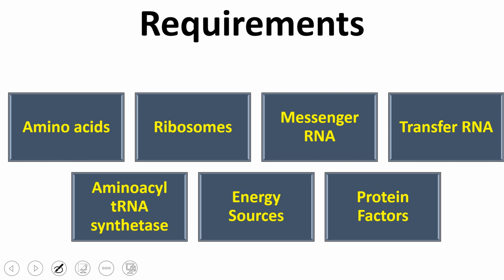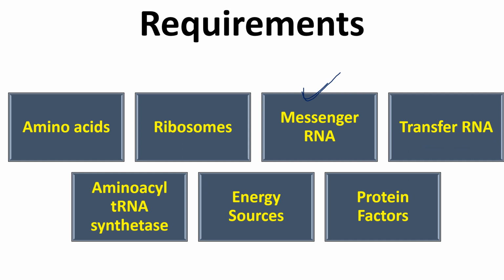The most important thing is we require one messenger RNA, because here we have a message on which protein synthesis is going to be formed, where we have a code for protein synthesis. So the specific information for protein synthesis is present in the messenger RNA, and according to the sequence present in the messenger RNA, we arrange the amino acids, and that ultimately gives us the protein. So that is the significance of messenger RNA.